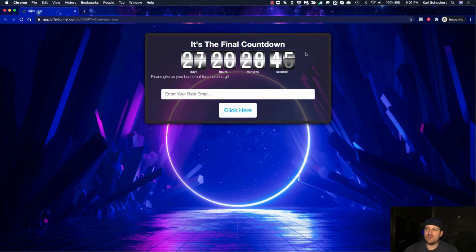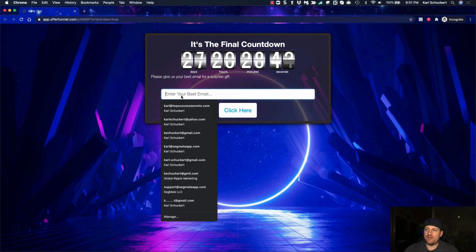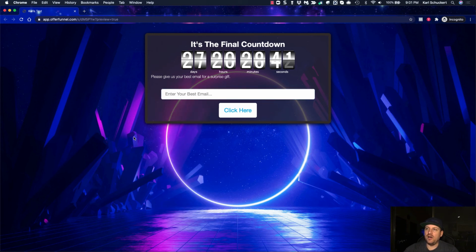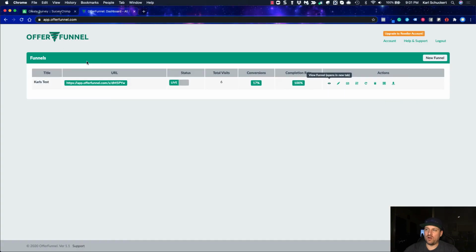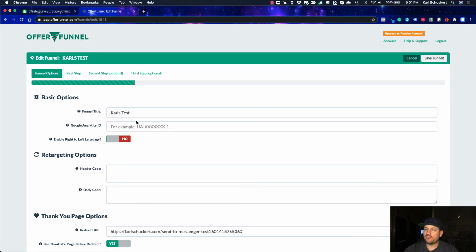And then it's going to process, and basically this last thing that you kind of fill out. Now you can add these timers, which is kind of cool, and you'd ask for their email in the back end. So in something like this, you're not really getting the email on the front end. You're actually going to get that email in the back end. And that's just how it works. Okay, I'm going to show you exactly how you create a funnel.